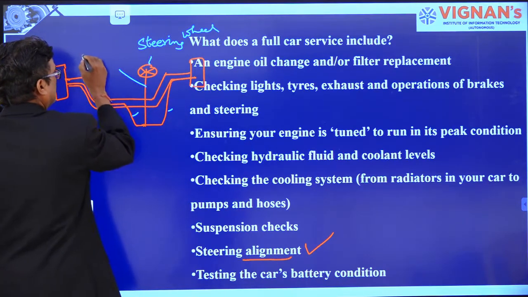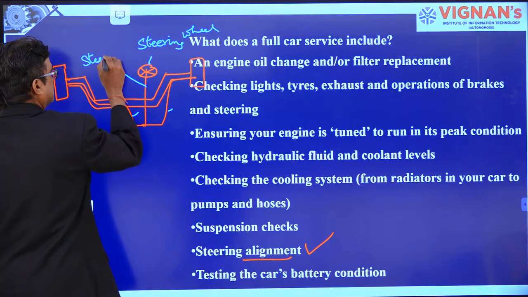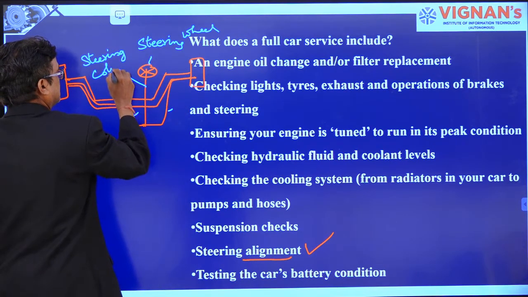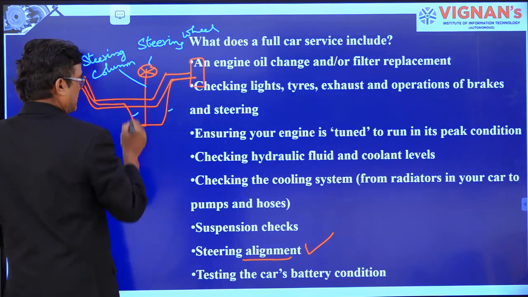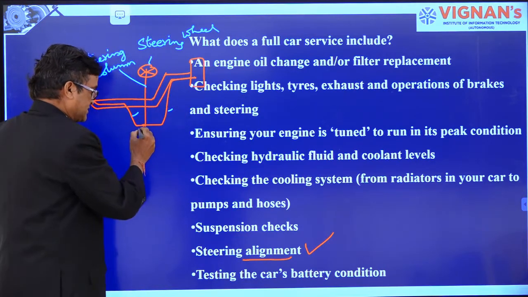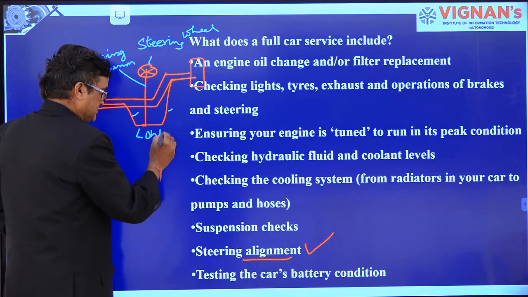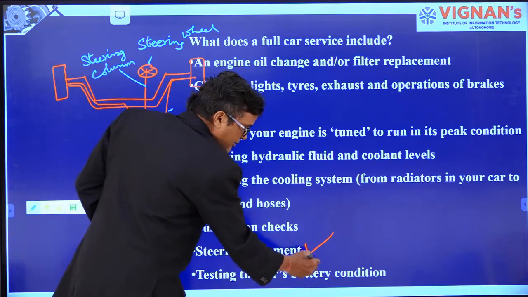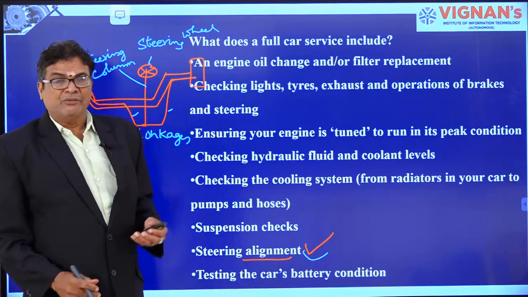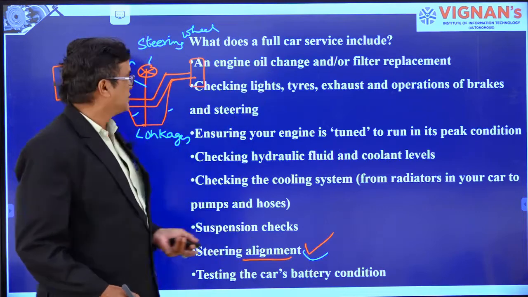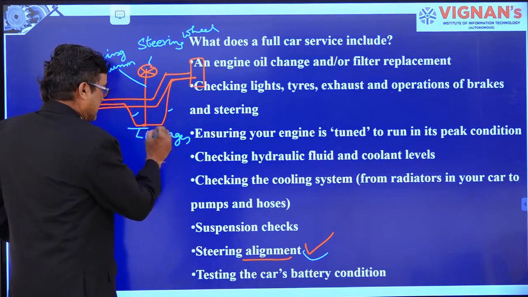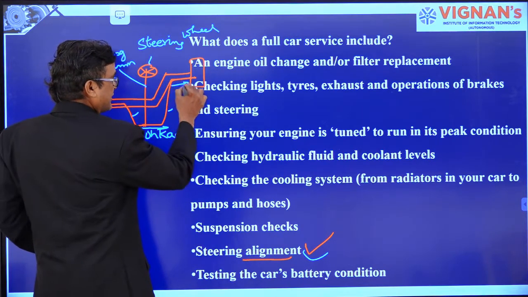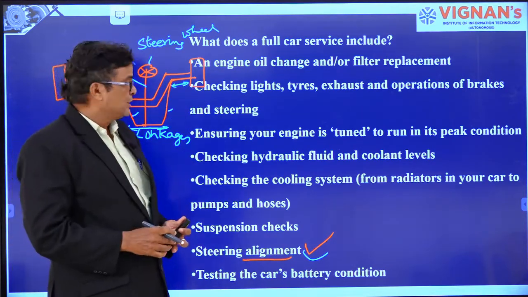This is the steering column. And these are the linkages. So, in the steering alignment, while servicing, they have to check for the correct movement of the steering linkages, here as well as here, right? Due to lack of